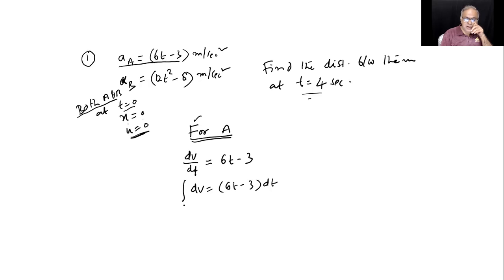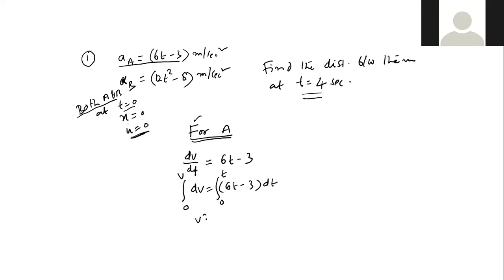Integral sign. Initial velocity is 0, to unknown velocity v. This is between 0 and unknown time t. Let us not put 4 immediately, 4 will come later. So what will this be? Integral of dv is v between 0 and v. I'm writing every time like this because sometimes initial velocity will be there. So though it is now coming as v minus 0, later it may come as v minus 4, v minus 3, like that.